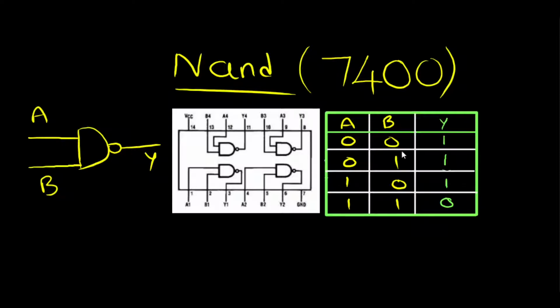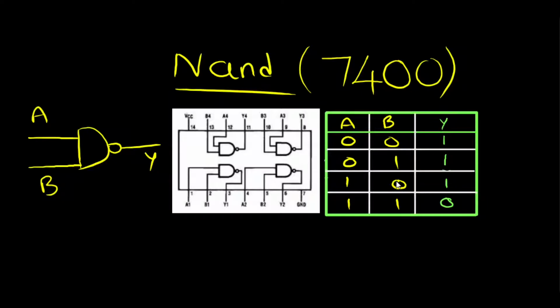In case of the AND gate, we had 0, 0, 0 and 1. So only when both the inputs were 1, we had 1 at the output. Now because of this bubble at the end, you can see that the result is completely inverted. When both the inputs are 1, the output will be 0, and for all other combinations, the output will be 1. The other way to look at the NAND gate truth table is, even if one of the inputs is 0, then the output will be 1.